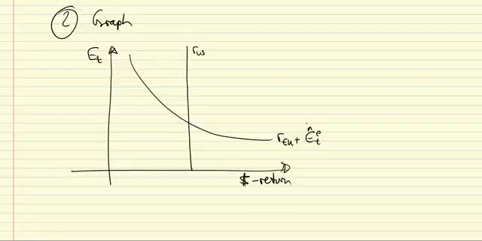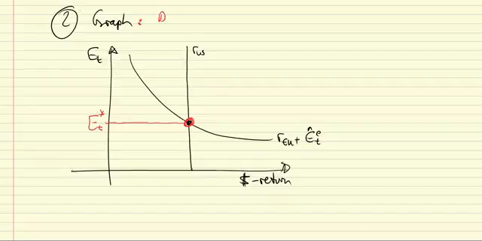So there we have a point that suspiciously looks like what we might call an equilibrium, and indeed that is the equilibrium. That is where the foreign exchange market is in equilibrium, which determines our ET star, which determines the